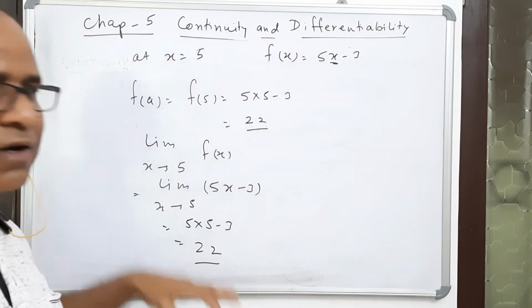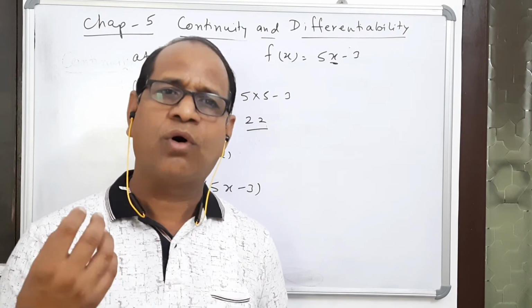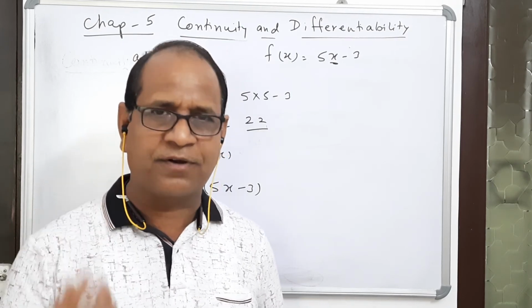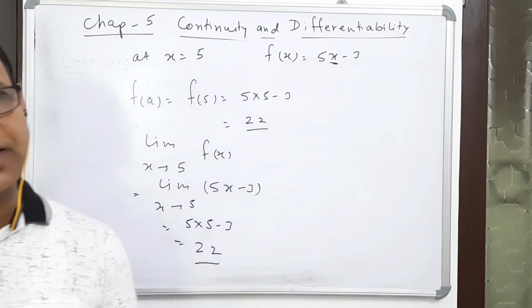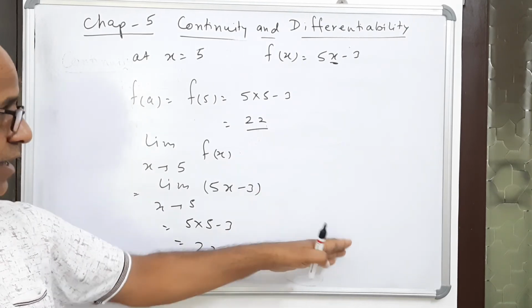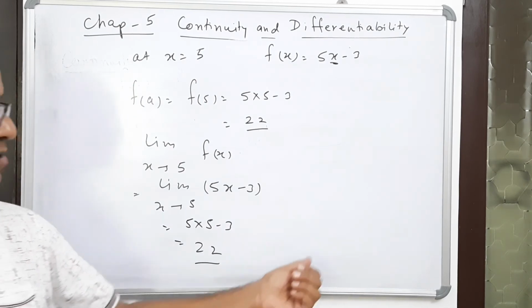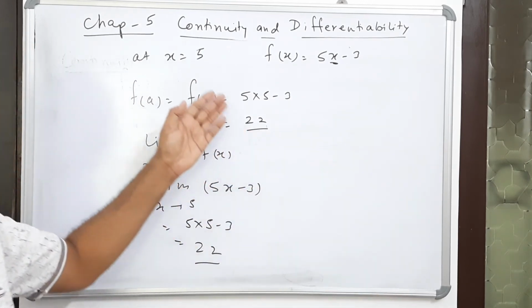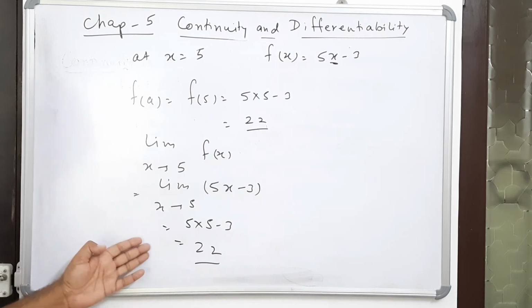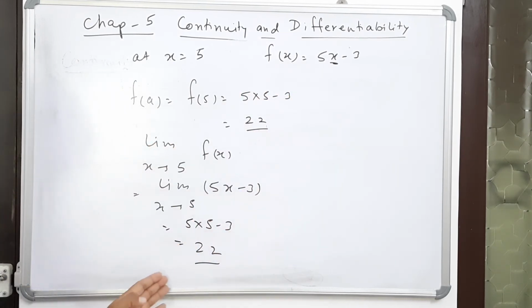So from this particular sum, the first problem, we conclude that all polynomial functions are continuous for any real number, at any particular point, because by these three examples you have seen that whatever value we are taking here, the same we are doing here also, and that will happen for all such functions.